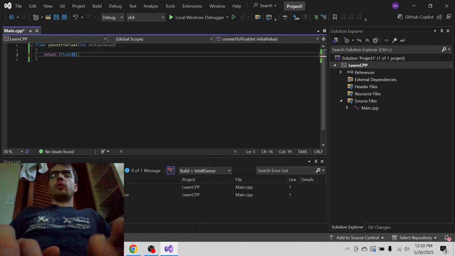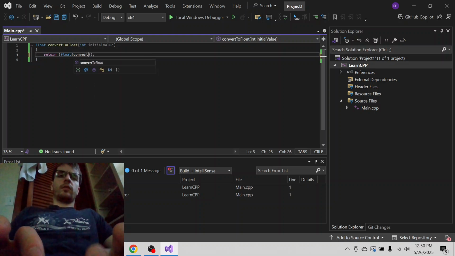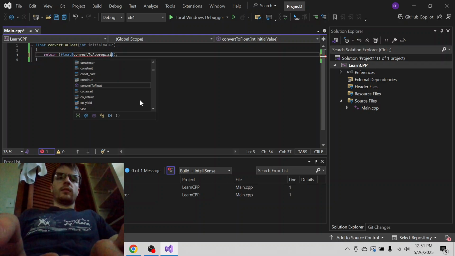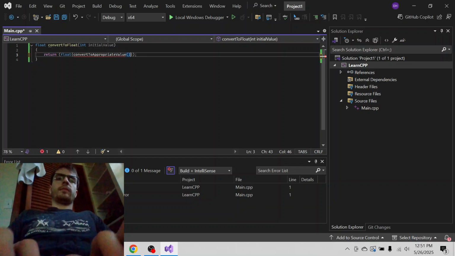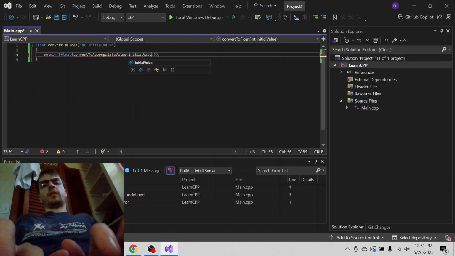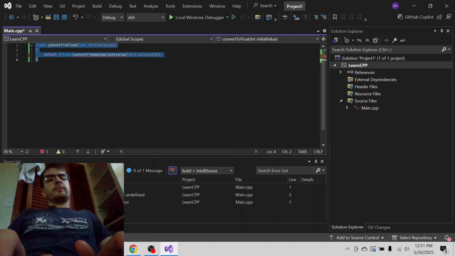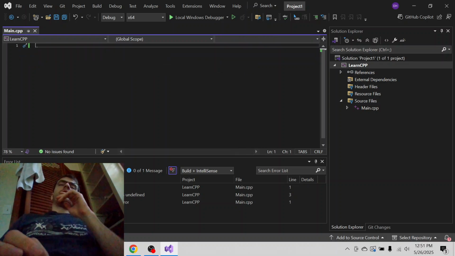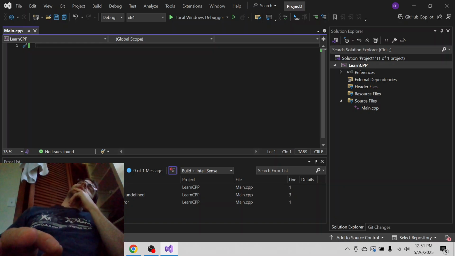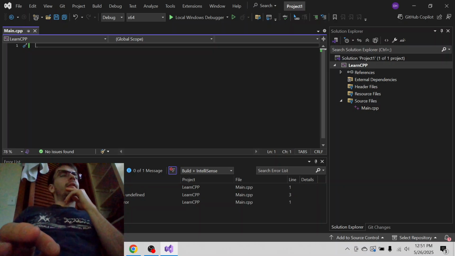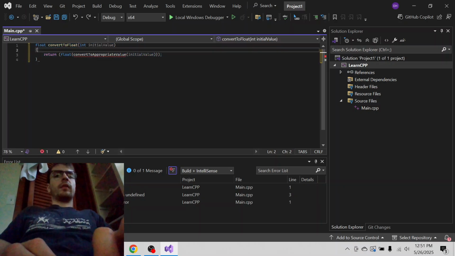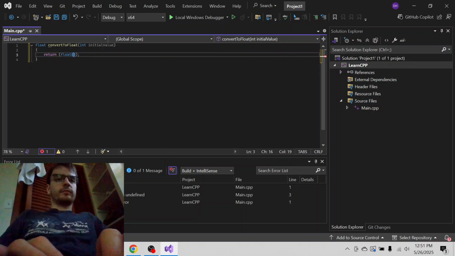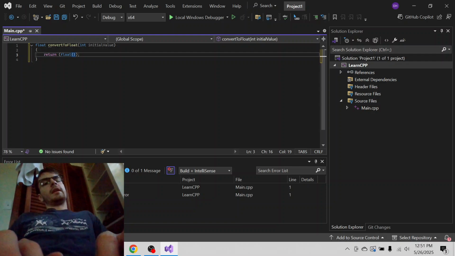So like convert to appropriate value, and then its initial value, something like that. And then it returns the float value of that. Something needs to find what the float is. Well, no, because that would be just finding the float value. That's not even right. It doesn't make sense. It would be like a